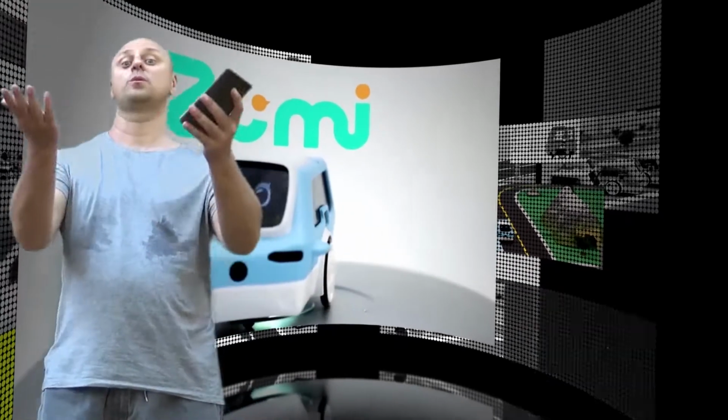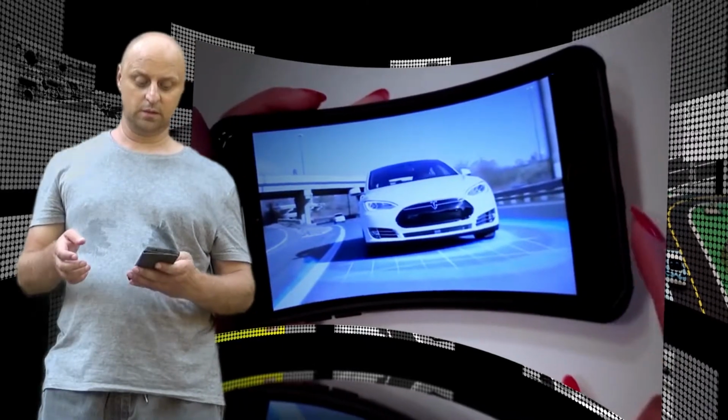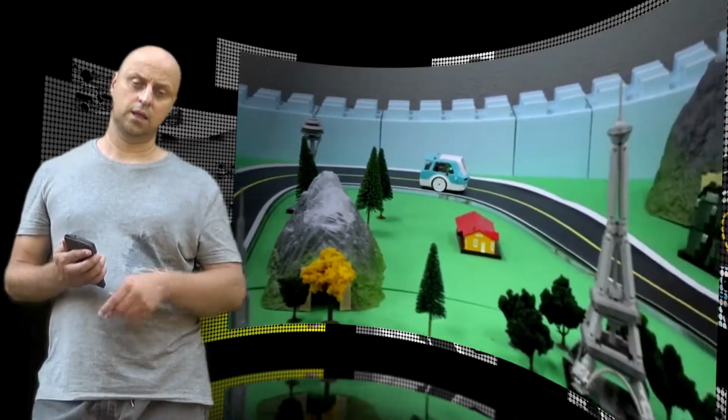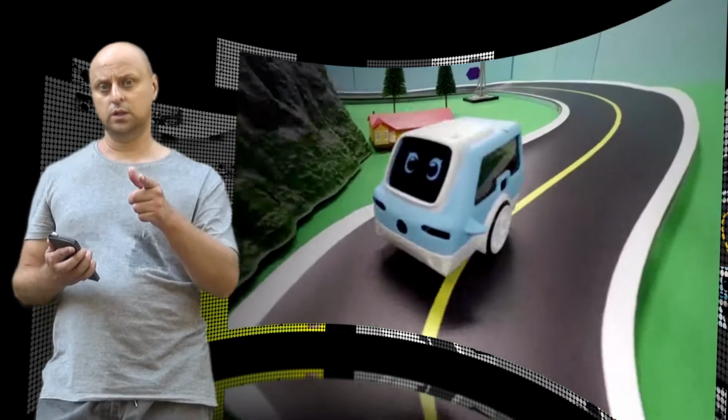Hi there. The engineers, educators, designers and entrepreneurs at RobLink have some Kickstarter experience under their belts and are back with a new robotics tool. They built Zümi as an educational tool for teaching artificial intelligence and self-driving automotive technology. RobLink is running this Kickstarter campaign to fund their first round of production parts after doing prototype and playtesting in